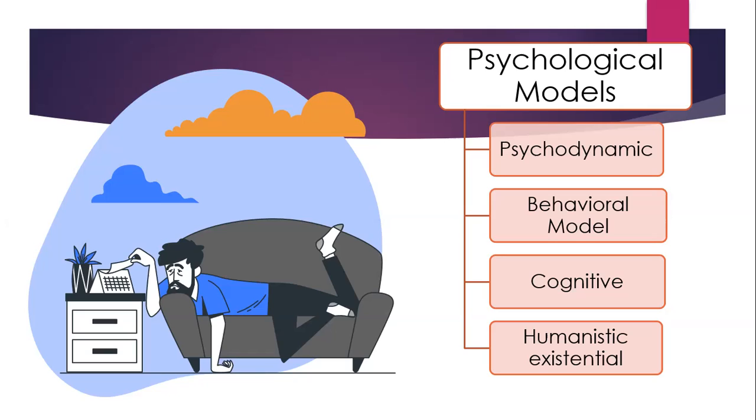Okay, anyways, so psychological models are mostly linked to the psychological schools. So किस school ने किस तरीके से, they have tried to explain कि what could be the cause of a